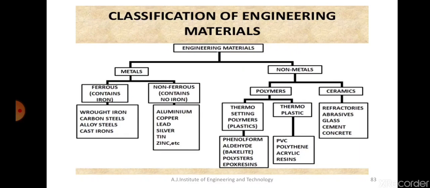And when it comes to metals, that is ferrous material and non-ferrous material, you need to individually know what that material contains. If it's a ferrous material, for example wrought iron, what is the composition of wrought iron, what percentage of iron it contains, what percentage of other parts it contains, what are its mechanical properties, what are its thermal properties, and what are its applications. You basically need to know its composition, its properties, and its applications.